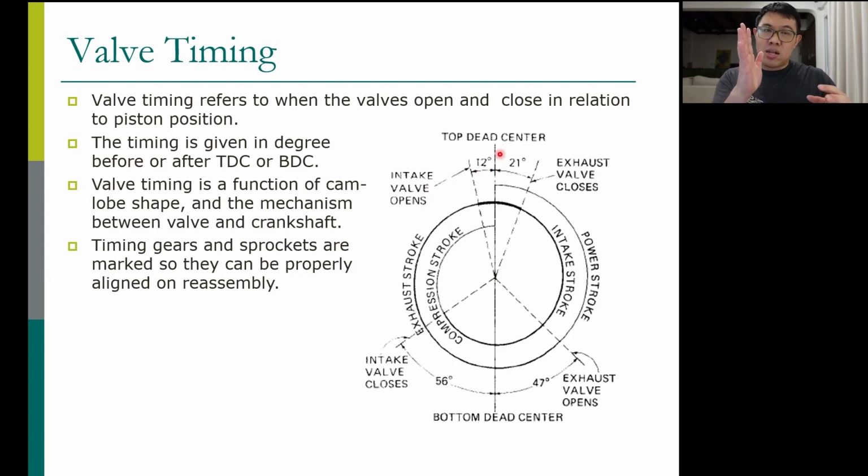So that after the exhaust gas goes out, the intake valve opens, getting ready. When the piston moves down, you get the intake air or the intake mixture. So it opens 12 degrees before top dead center. Some engines might be 14 degrees, some might have like 10 degrees before top dead center, and then it keeps open during the intake stroke